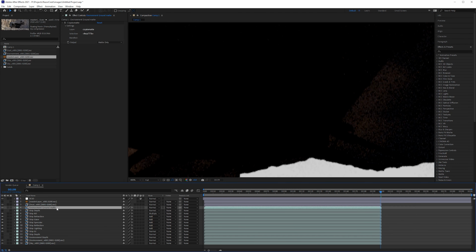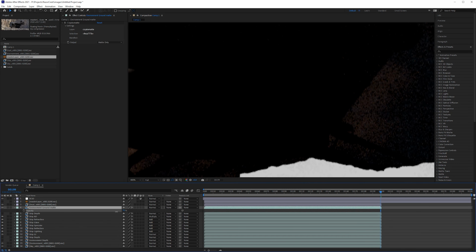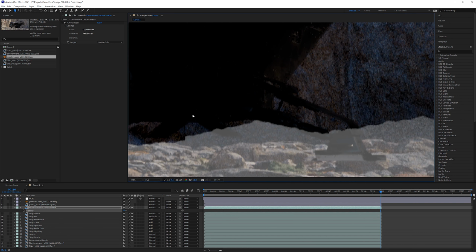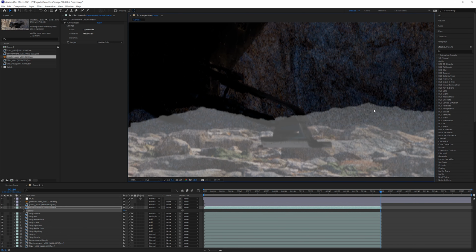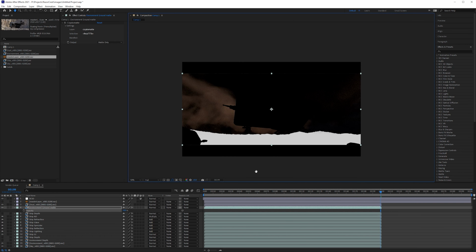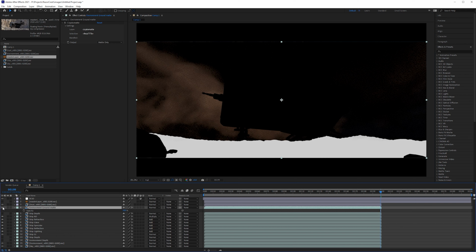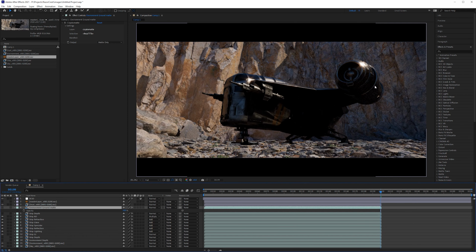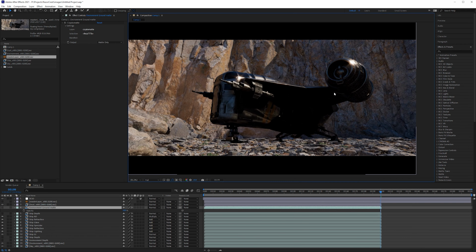So if I select my ground matte, click T for opacity and just kind of lower the opacity, After Effects is going to use this outline here to determine where the gear should show up and where it should not show up. And this matte is actually higher to where the rocks are. So let me show you what happens if we try to use this as a matte. But this might actually be a really good solution for you, depending on how the ship lands and how tilted your camera is and how tall the displacement is on your ground. If the camera is looking down, this probably wouldn't even be a problem. But if you were following along with me and did a very similar camera action, this might be an issue.